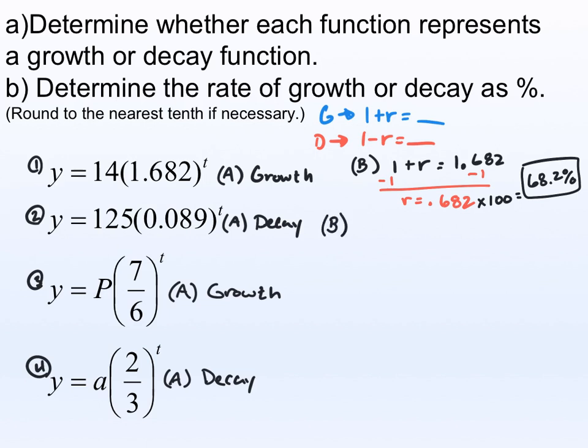B is very similar. As you look at it, you know that you had 1 minus whatever the rate is, and now you have 0.089, right? Well, here, just like before, subtract your 1s. Now, this one gets you kind of weird looking. You get negative R is equal to negative